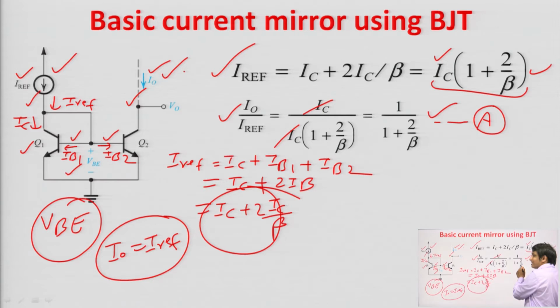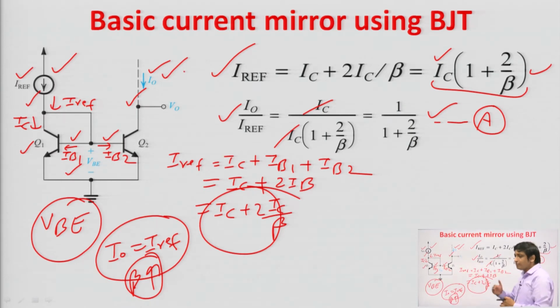If your beta is equal to infinite. If beta is infinite, then 2 by beta will be 0, then I naught will be equal to I reference. So, obviously practically it is not possible to get beta equal to infinite. So, what we want? The beta should be as large as possible. So, in that case your current transfer ratio, that is I naught upon I reference, will be 1,